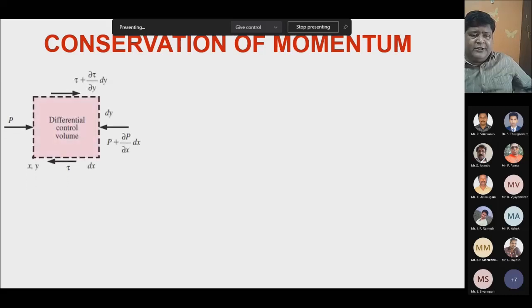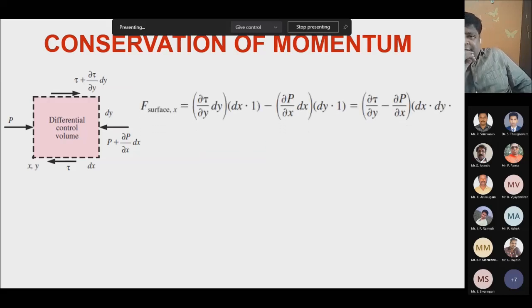Now you can see here, pressure or normal stress. Now you can see the surface force in x; we are just trying to find out the surface force in the x direction only. So you can see the shear stress acting here, because since the fluid is in motion, there's a shear stress, because of which there will be a linear transformation or rotation of that element.